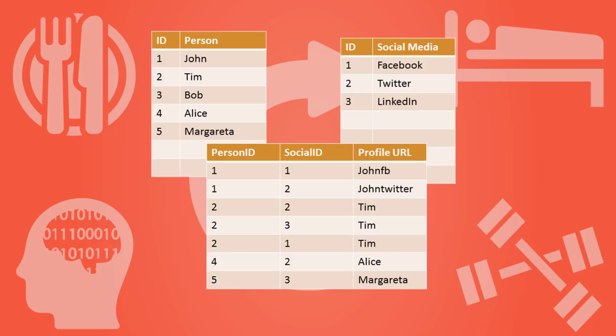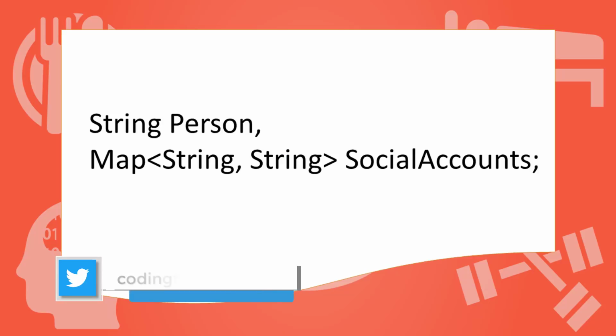Let's assume a database of a person with their social media accounts like Facebook, Twitter, LinkedIn. To store this data, there must be 3 tables. One is for person detail, one is for social media, and the third one is for mapping of person and social media account. In any programming language, there will be a variable for a person and a map for social media